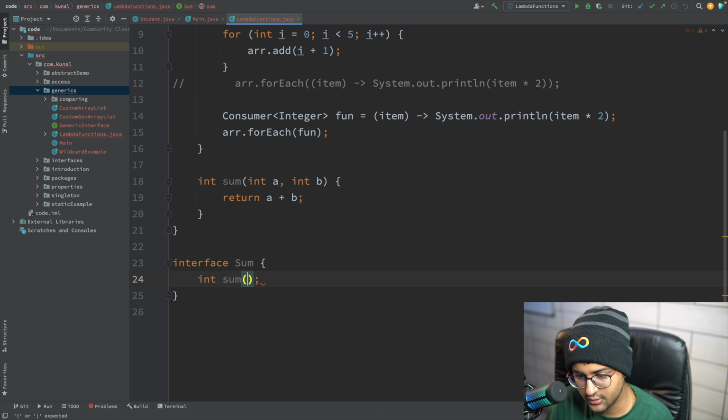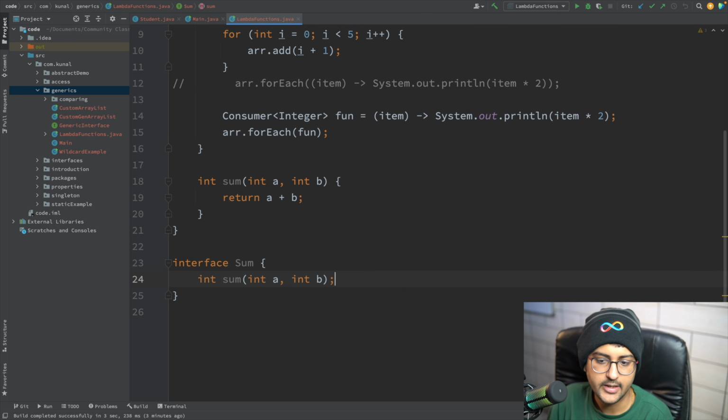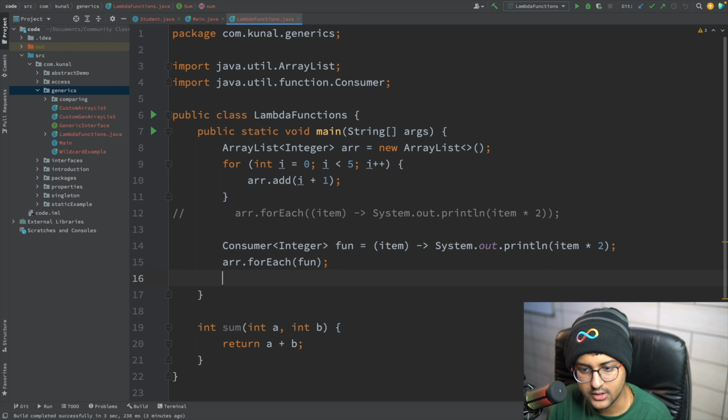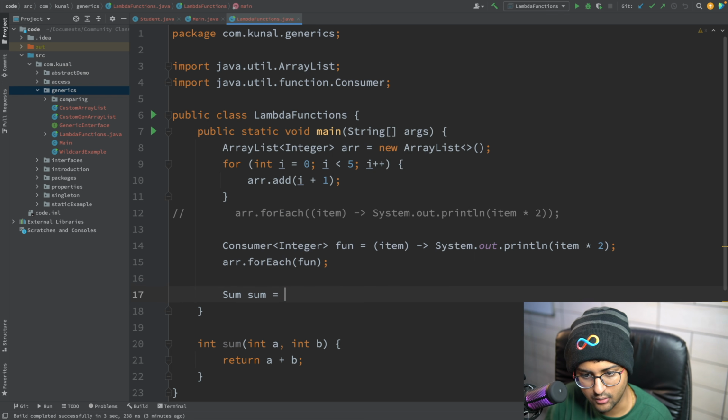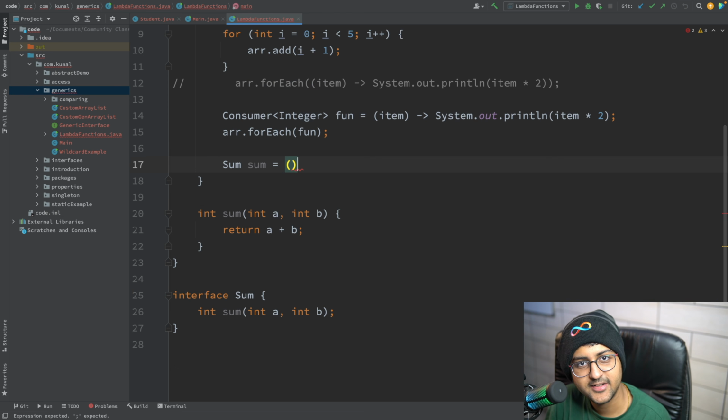It takes two values, let's say int a comma int b. Now here you can actually have a sum is equal to something like this. See what I did there? Something like this. Lambda function, it will actually say return just a plus b, and a and b will be going over here. That's it. Yep.